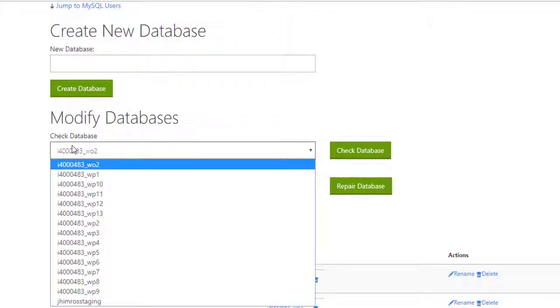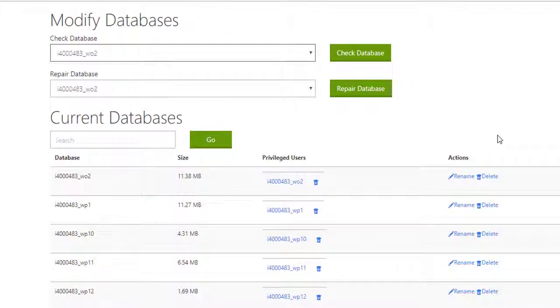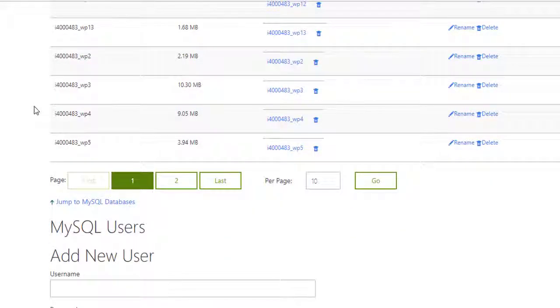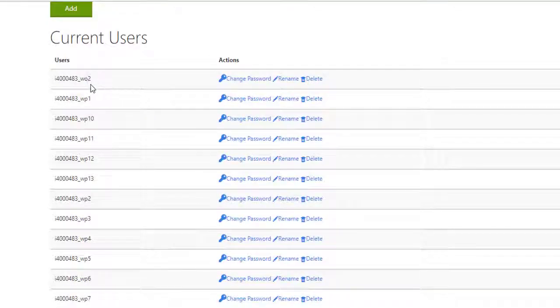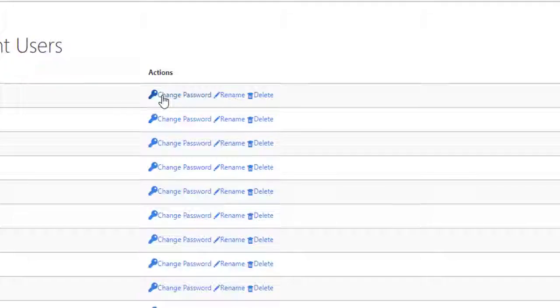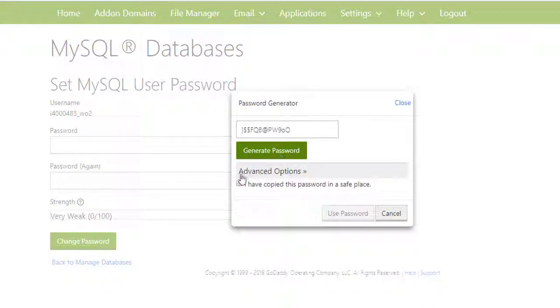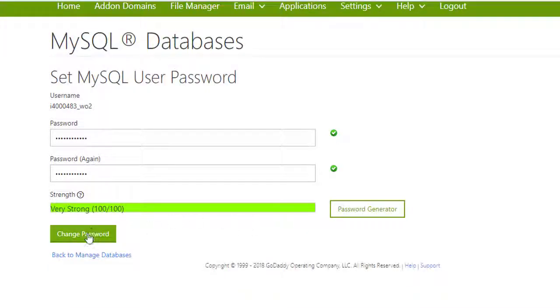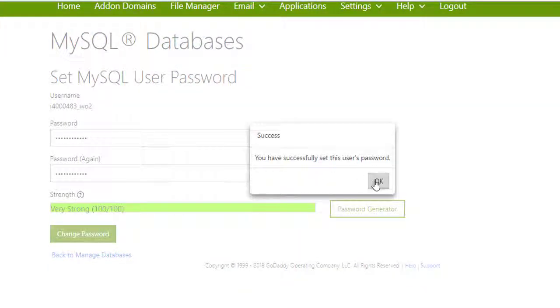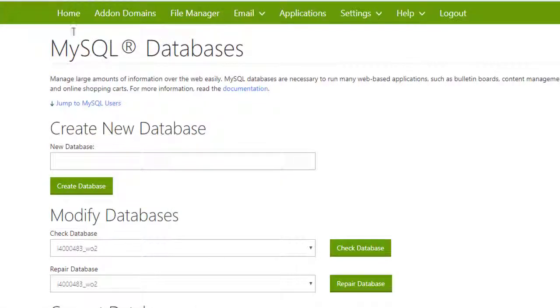Okay, this is my database. Database name. Database user. And I'll change the password. There's a button there that you can use to auto-generate a password. Alright? Copy the password, use password, and click change password. After that,